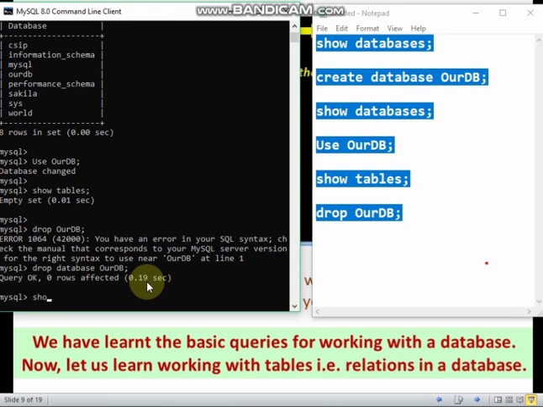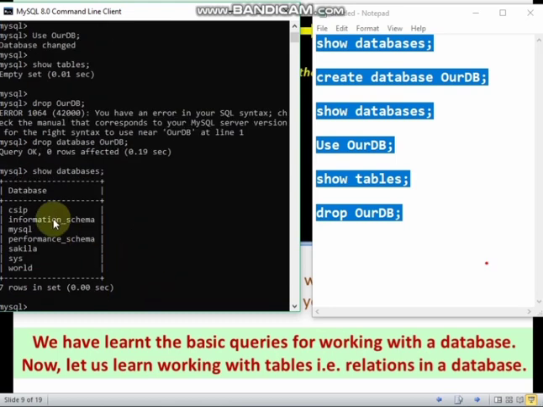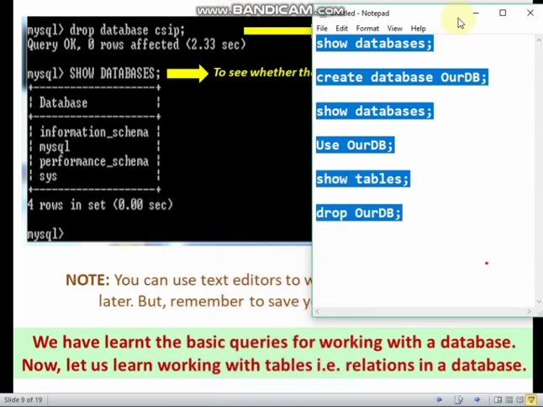So let us see whether it has been dropped or not. Yes, the OurDB database which I just now created and then dropped is not being shown now. So that means this one is correct. So now let us move on.